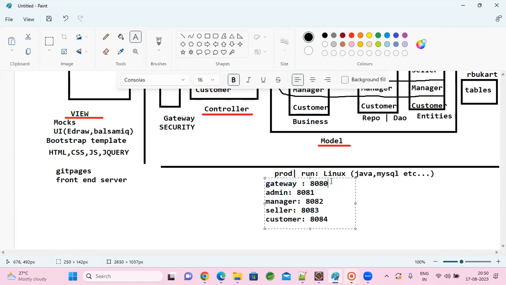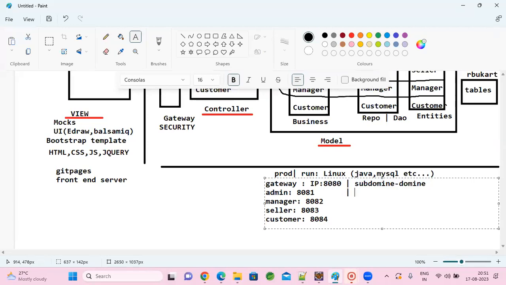If you want to hide the ports, we'll create subdomains to mask them. Generally, to access from the front end, we need to provide the gateway IP and port number, but instead we can do domain and subdomain masking. We'll purchase one domain and map it with the subdomain names so that nobody sees your backend port numbers and IP addresses.